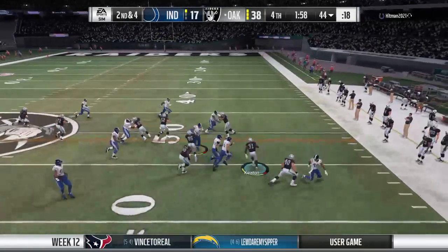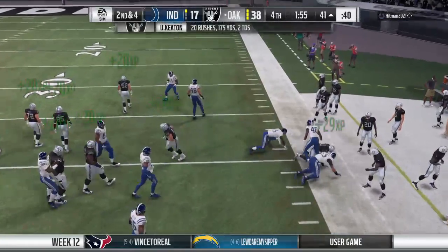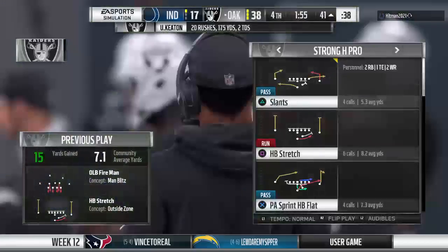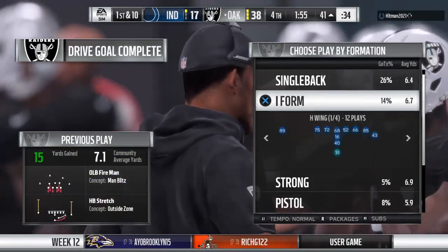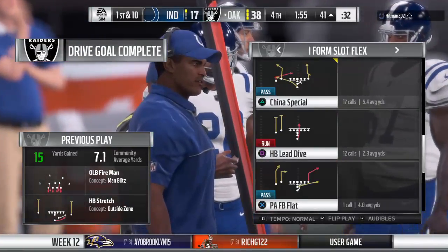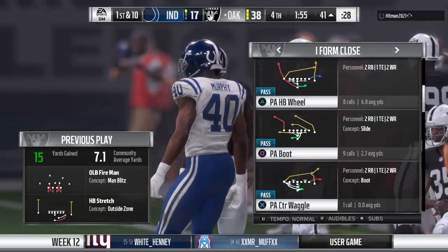Now a handoff looking right. Give them a first down, 15 yards that time for the Raiders. I think this defense is tired of seeing him run the football, and this D-line is probably getting sick of the O-line as well. And as I'm watching this, I'm thinking about a conversation I had with Adam Gase, the head coach